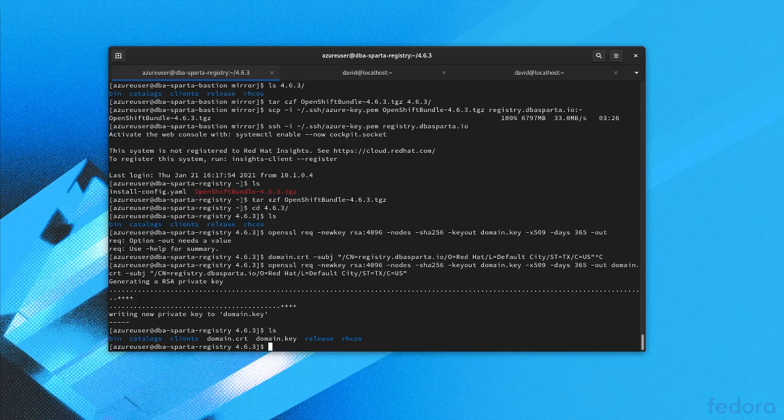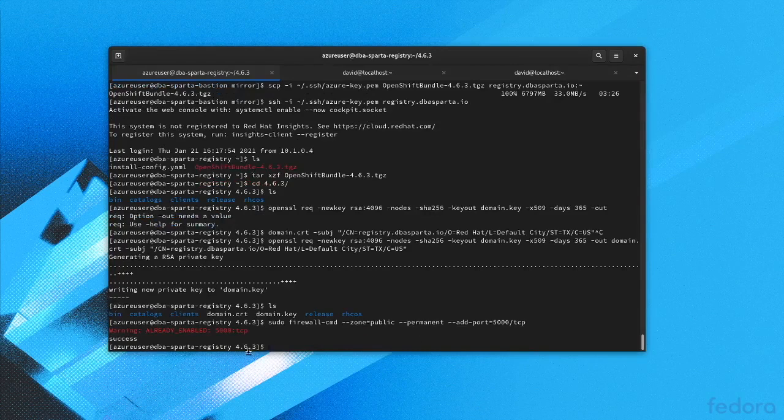we also need to make sure that the firewall is open on port 5000. So in our case, port 5000 is already open. If not, you'll need to issue this firewall command and then reload the firewall. Okay, so now we're ready to